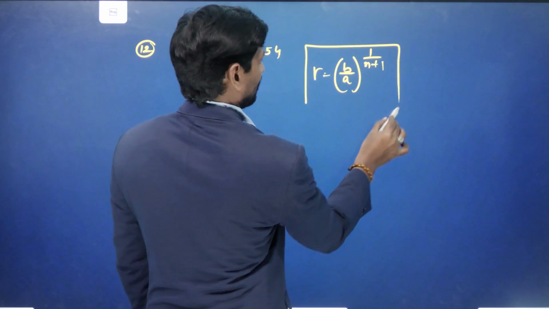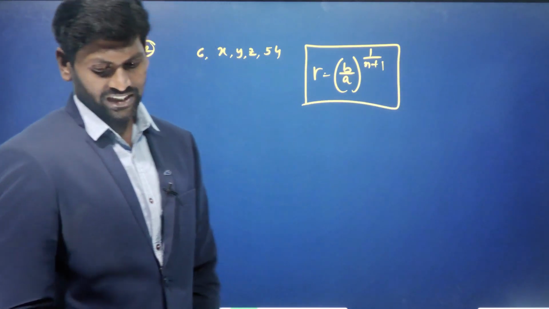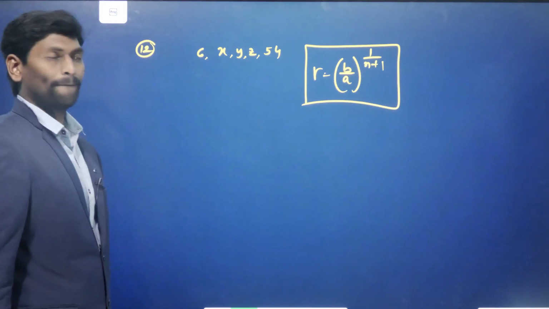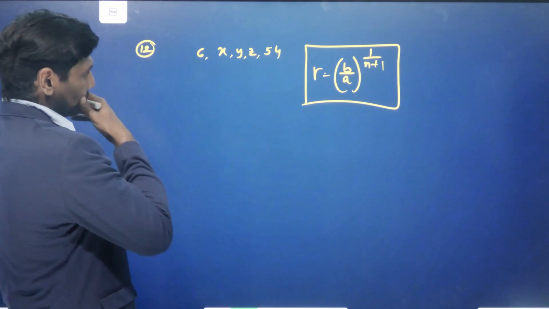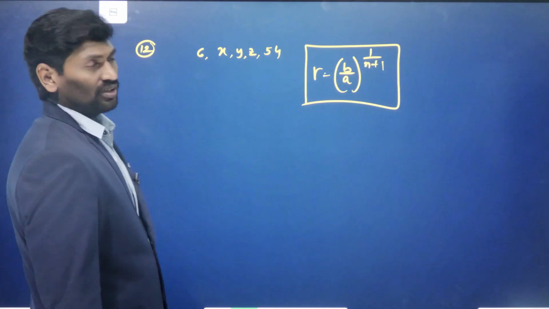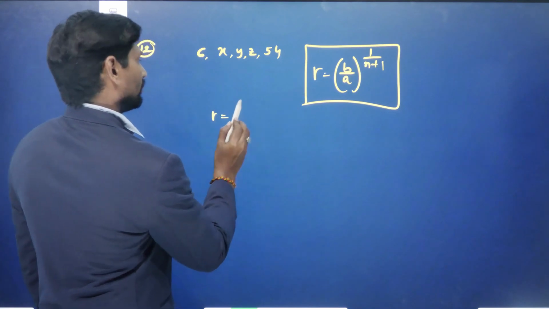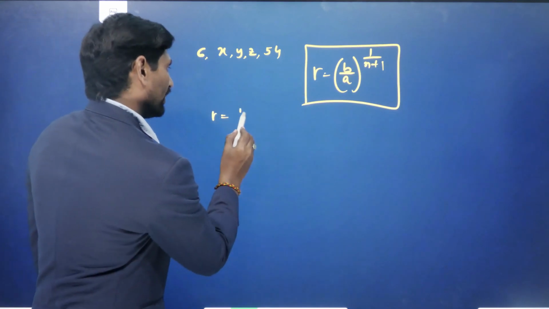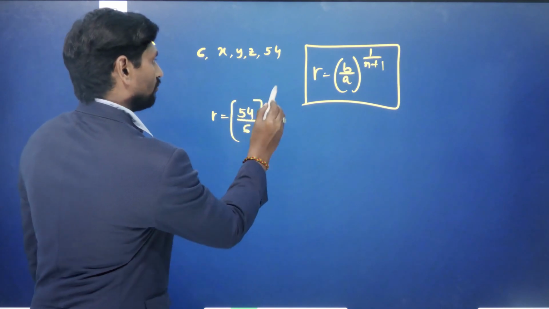By using this formula, we should find the z value. That is nothing but a term from the common ratio here. Let us try to find the common ratio. R equals b by a, with b value 54 and a value 6, whole to the power of 1 by